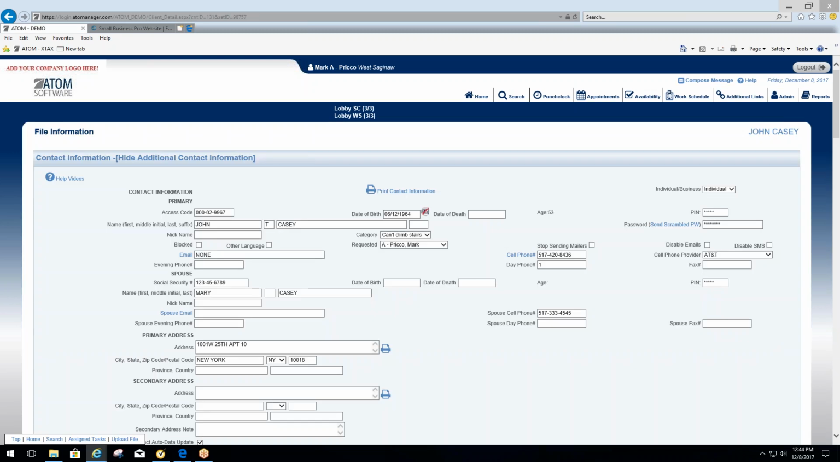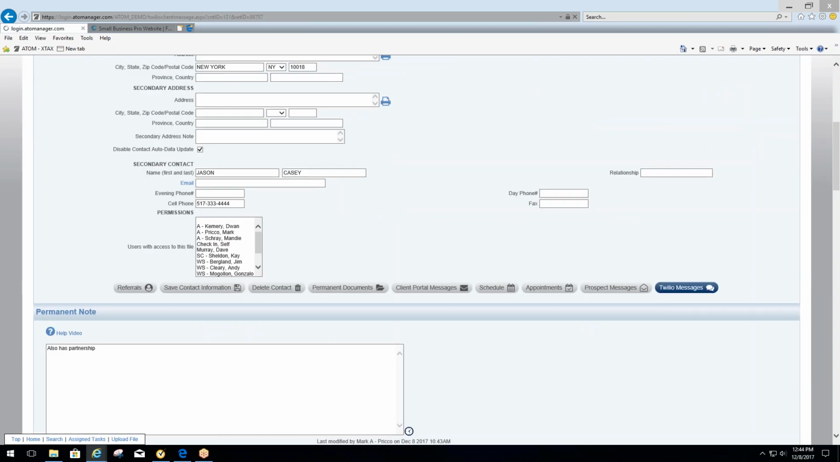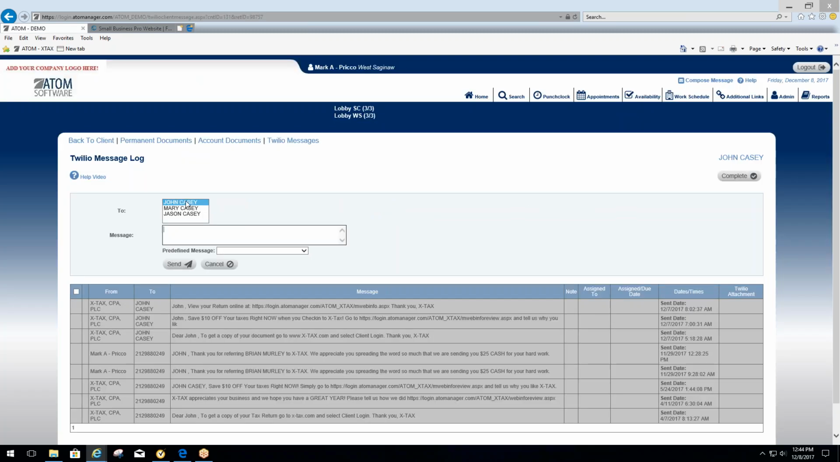Send and receive, okay, two-way texting. I kind of already demonstrated all this. Oh, one more I want to point out here. So this is John Casey, the taxpayer, the client. Mary Casey is his wife, the spouse. Jason Casey is the